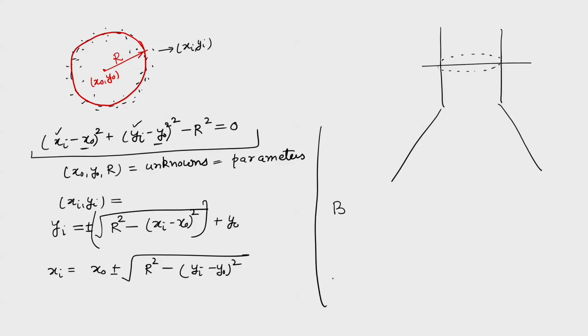In such a situation, the generic form will be BV plus A delta x, or maybe x plus W equal to 0. In such a problem, I cannot use explicitly the observation equation method or the condition equation method, because both are not applicable. In that case, I use the combined method.